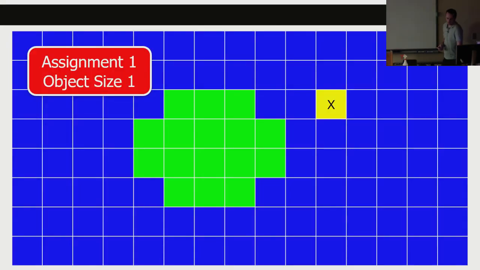So for assignment 1, our objects, or our agent, is only going to occupy 1 grid cell. Okay, so if I give you the XY location, that is the XY location of the state, which is where the agent is. And in assignment 2, we will get into agents or objects that are of bigger sizes, which introduces new interesting things to the pathfinding, such as getting stuck, etc. But for assignment 1, we're dealing with the easiest possible case of an object just taking up one grid cell,